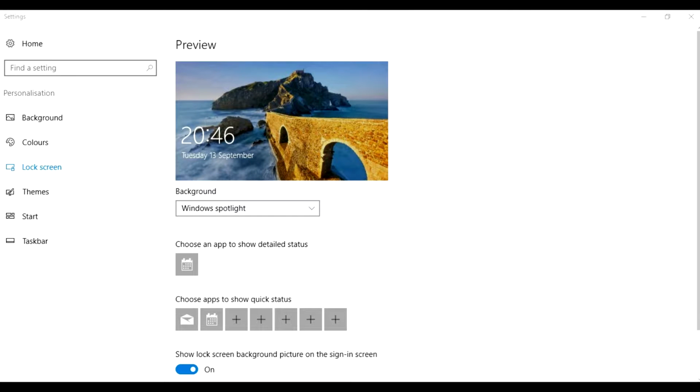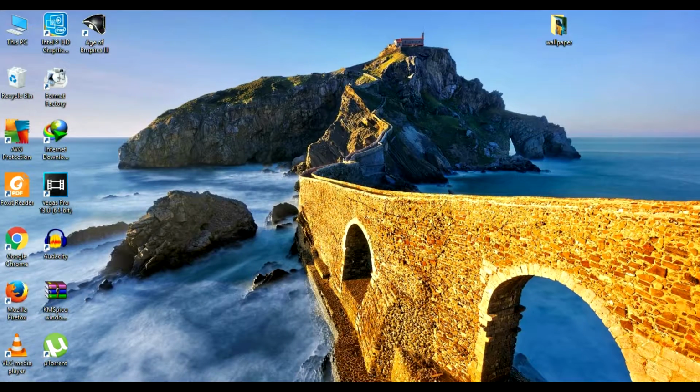Just like you can see, I have this wallpaper and I actually kind of fell in love with this wallpaper. So I decided to figure out the solution and I'm going to share this with you. As you can see, I have actually downloaded this and set it as my wallpaper. So quickly I'm gonna tell you how you can do that.